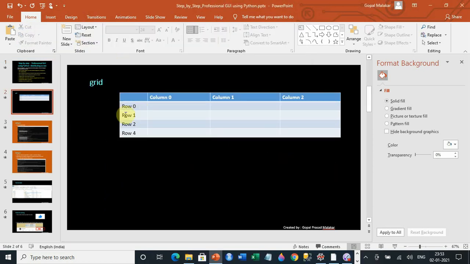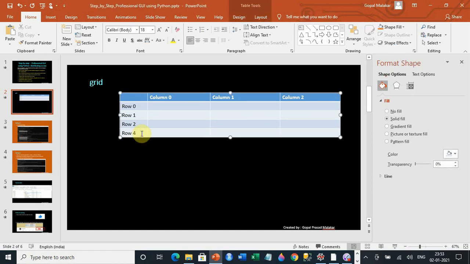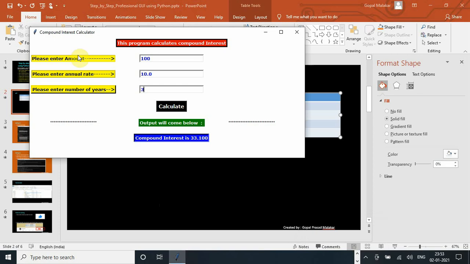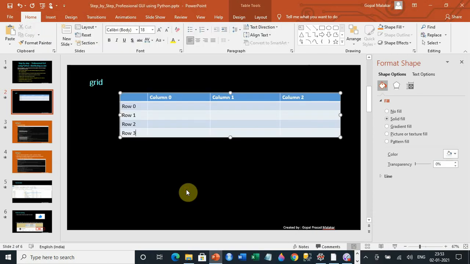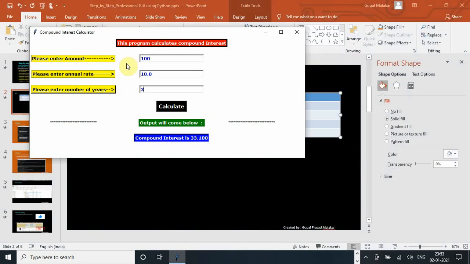So essentially you have row 0, 1, 2, 3, and similarly you have columns: column 0, column 1, column 2. These are the three things that you are seeing here, right? Now one more thing you need to understand: by default Python has a way by which, even if you put grid say 1 and then put 3, it actually removes the gap and puts them side by side, and I'll show you that.